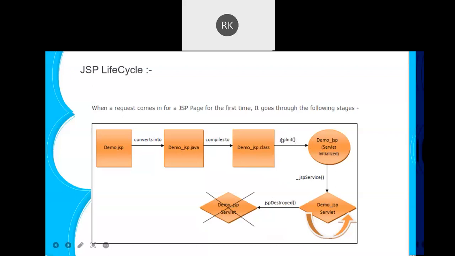Here we have a method named jspInit, where it is initialized as a servlet. Then, to generate the response, it executes the jspService method. It executes each time a request reaches this JSP page. At the end, if you want to destroy it, you can call the method jspDestroy.